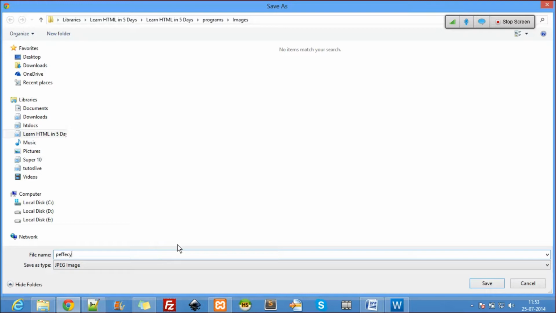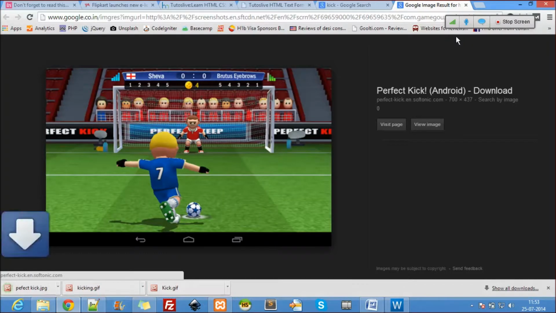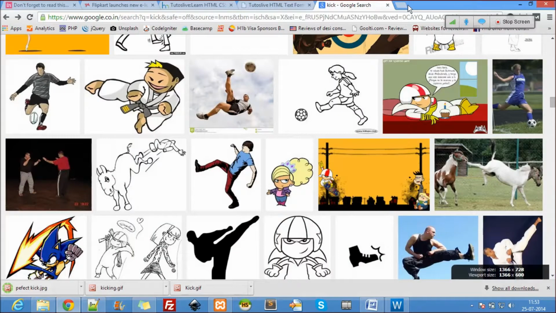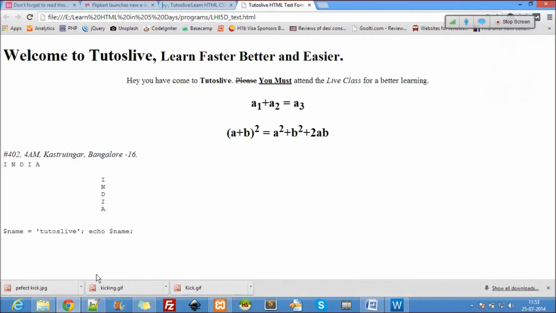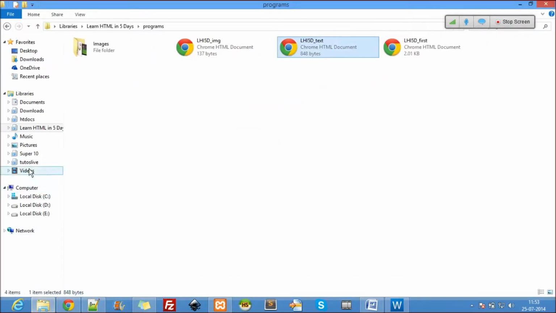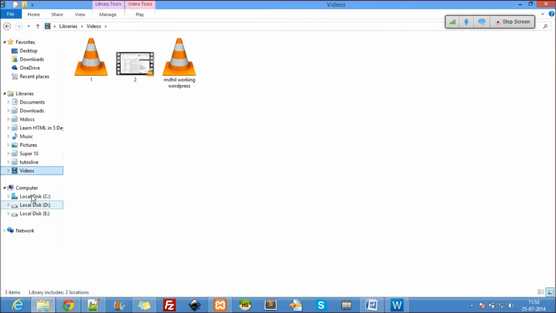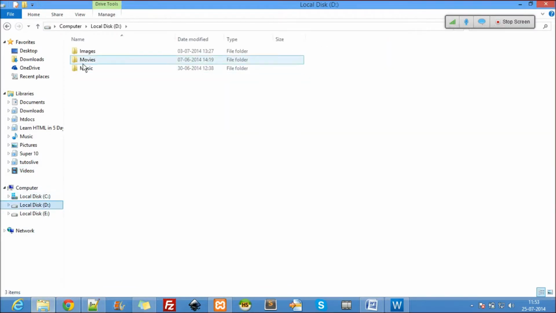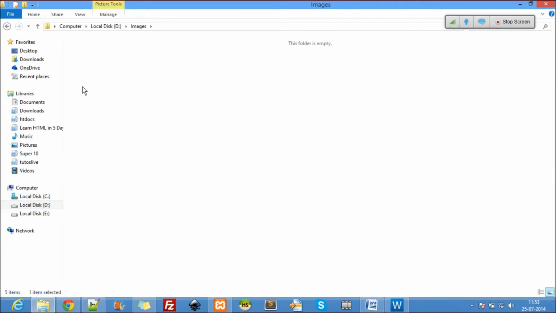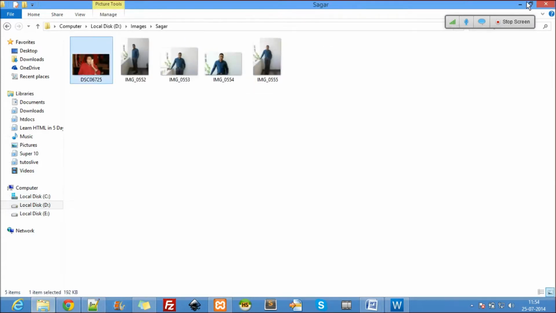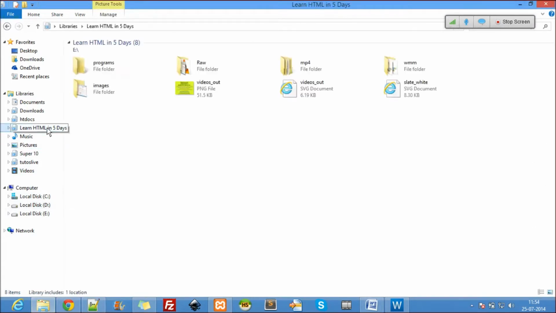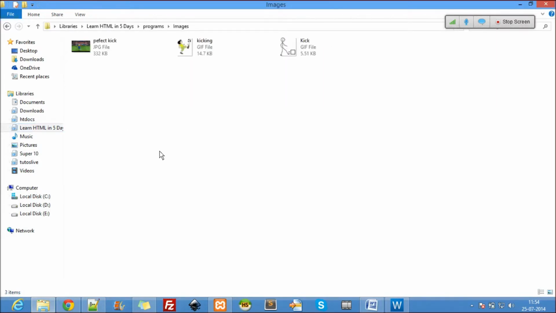Then I'm going to take a few more images. I have some of my own images here. In the programs, in the images folder, paste this, and I'm going to rename this as me.